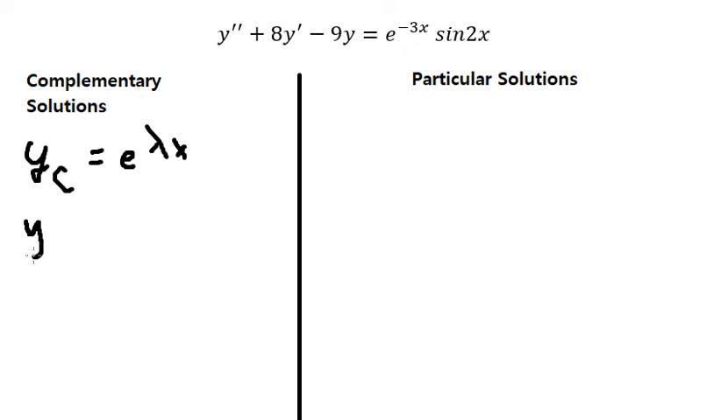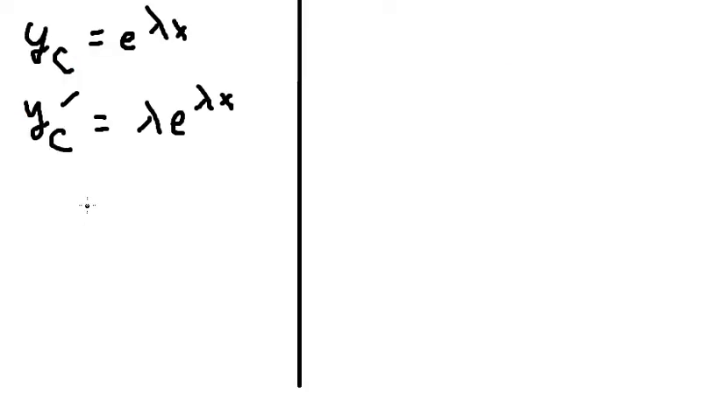Later we do the first derivative of yc and we have lambda e to the power of lambda s, because for the first derivative of this one we keep the same e to the power of lambda s. Then we do the first derivative of lambda s, you get lambda. Now we go to the second derivative of yc and we have lambda square e to the power of lambda s. Now,